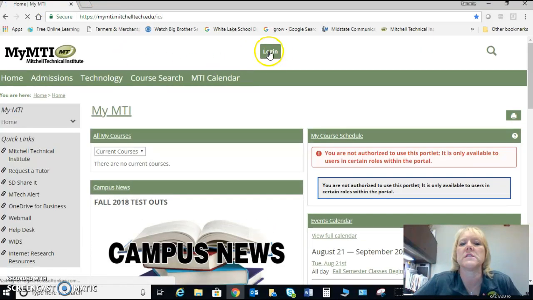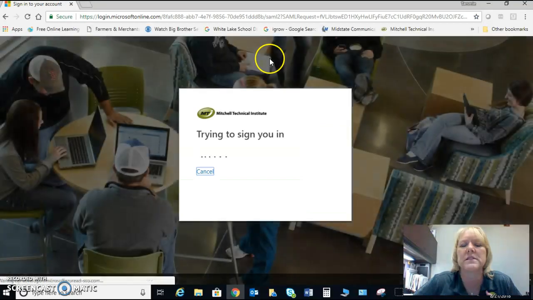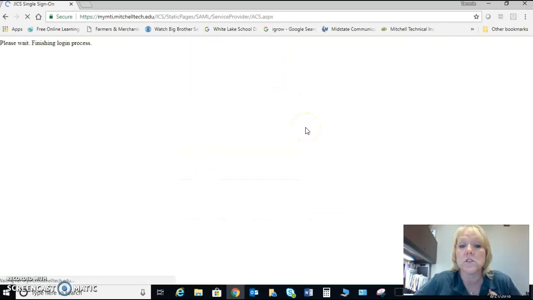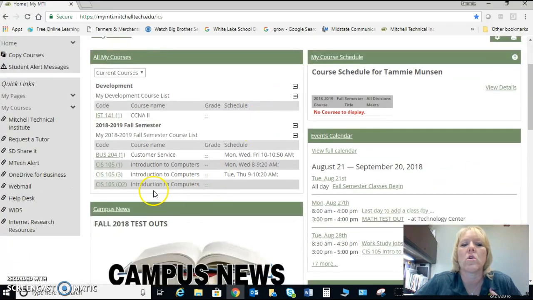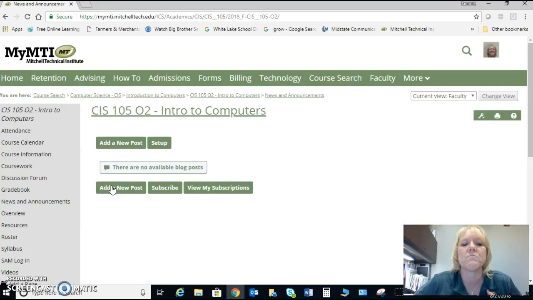What you will see is a login button. All you need to do is click on that login button, as your credentials should already be set, and it's going to try to log you in. Once you're logged in, our course is CIS 10502, which just stands for online. You click on that, and then it will bring you to the intro page of your class. As soon as I have this video finished, it is going to show up on this page for you, but it's just not finished yet.